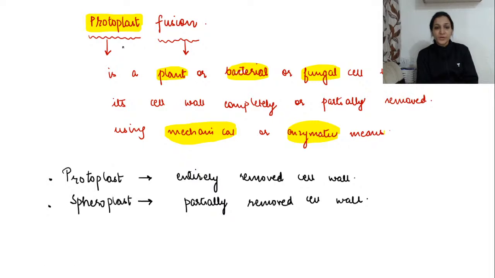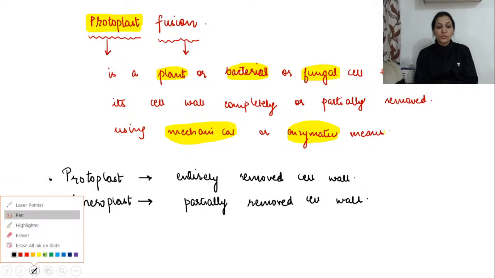So for protoplast, we are saying fusion. When fusion occurs in a well systematic or successful manner, all the cell wall is removed. So remember protoplast fusion, and imagine that successful fusion can occur with a protoplast. Protoplast has entirely removed cell wall and spheroplast has partially removed cell wall. Now, more generally, protoplast refers to the unit of biology which is composed of the cell's nucleus and the surrounding protoplasmic